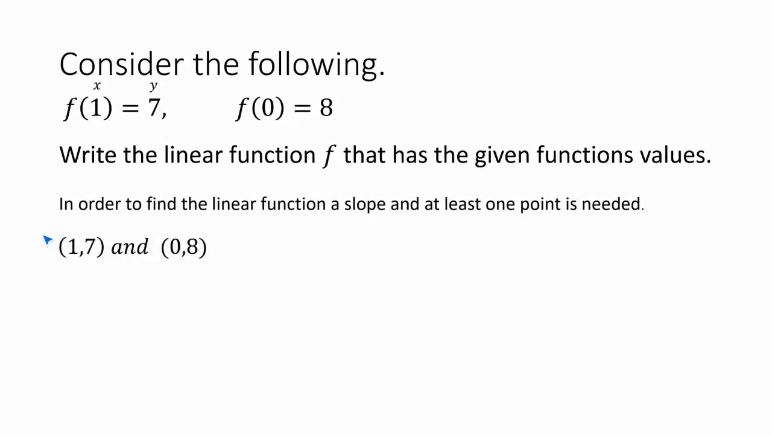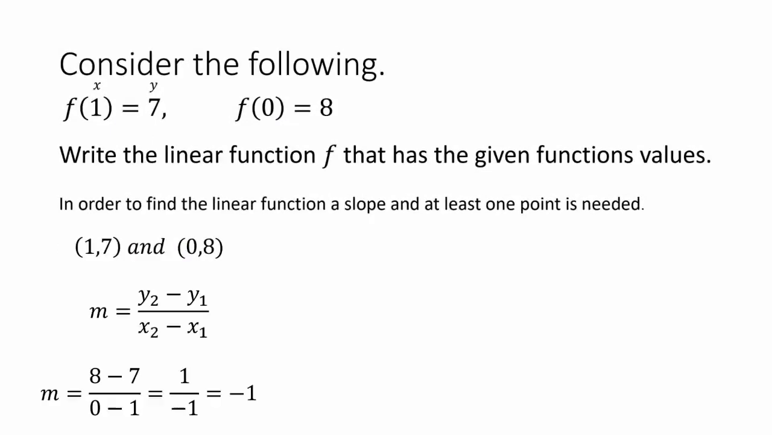So I can take both of these points and I can use my slope formula, y2 minus y1 divided by x2 minus x1. Substitute these values into the equation. So y2 is 8, y1 is 7, x2 is 0, x1 is 1, 8 minus 7 is 1, 0 minus 1 is negative 1, so my slope is negative 1. So now I have negative 1, and then we need at least 1 point, which I have 2 points, but